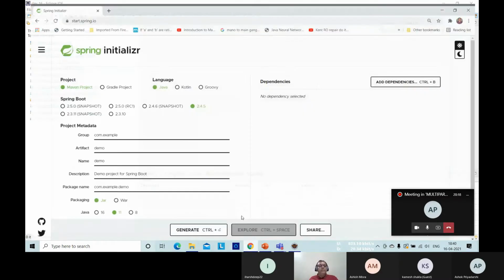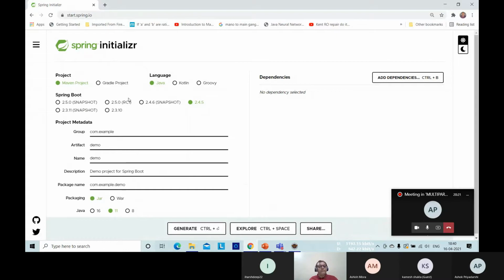The best thing is we'll go to Spring Initializr, and let's give some group ID and CMD demo. I'm just giving the name because we are demonstrating the command line argument concept. So the name is meaningful.